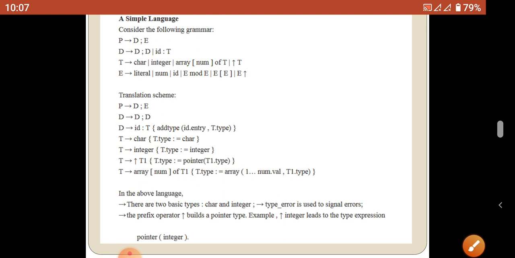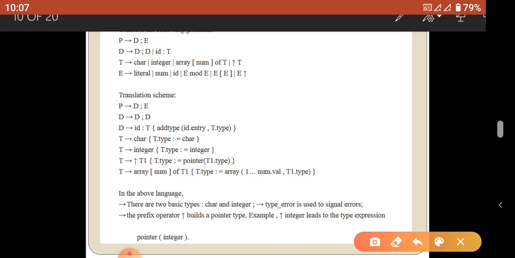Next, here the ID means, as you already know, an identifier that should be loaded into the symbol table with all the attributes. But here we are giving only two data types, character and integer. Character and integer, and other type constructors, array and pointers, are there.